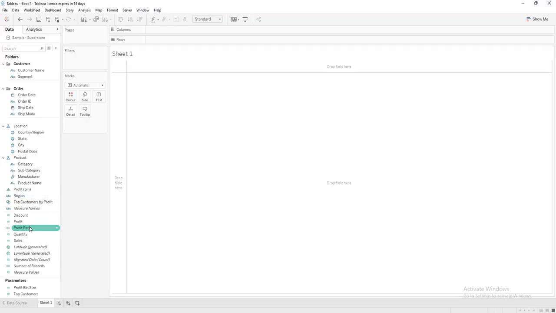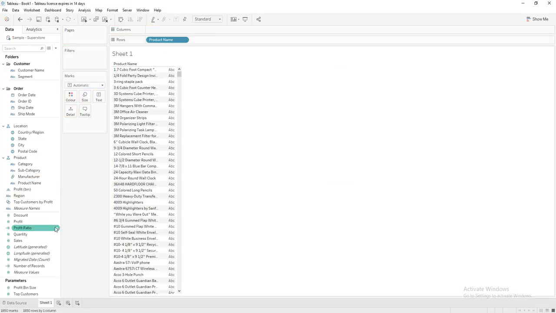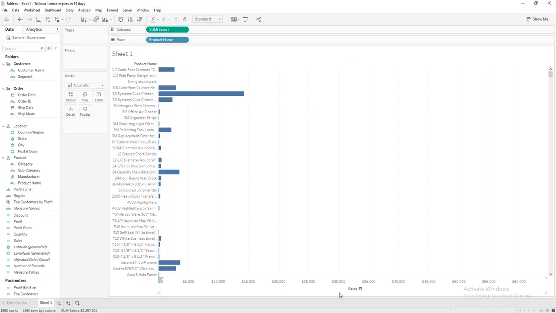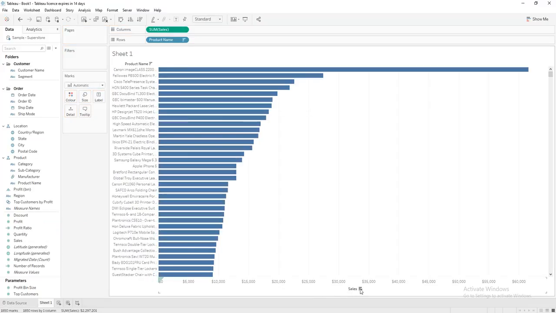Welcome everyone. Today we are going to see how to create a dynamic top N filter in Tableau. So here we'll just try to put a top 10 filter on product name and the sales combination. So let's bring product name here and then bring sales in columns and then just sort this data from largest